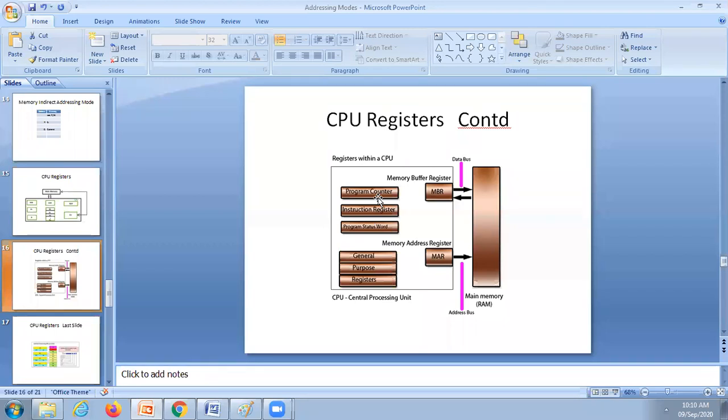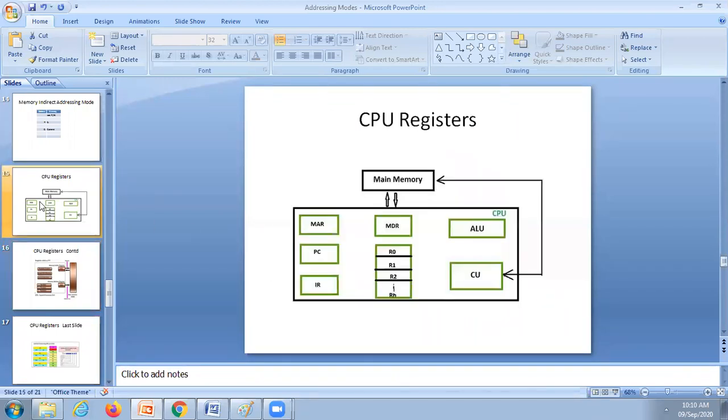Here in parallel I am going to explain. This entire thing is the CPU. Like the previous diagram, the CPU totally consists of the ALU and control unit. In addition to ALU and control unit, the CPU has some inbuilt registers. They are MAR, MDR, program counter. MAR means memory address register, memory data register, program counter, and instruction pointer, and the registers, that is R0 to